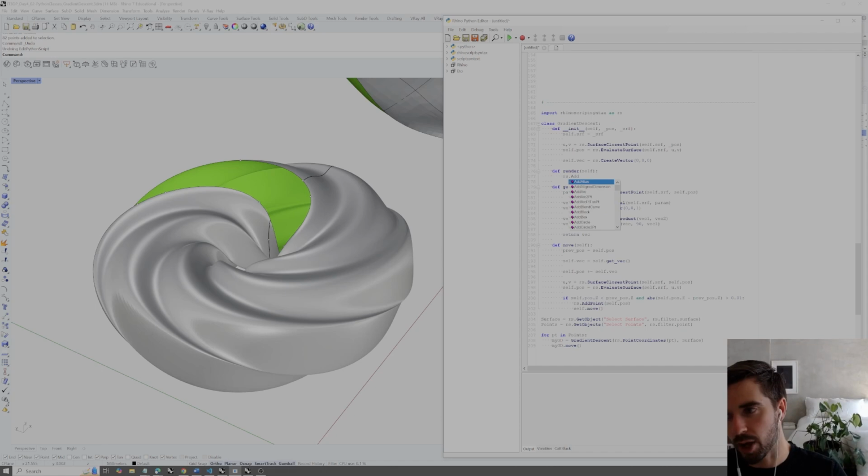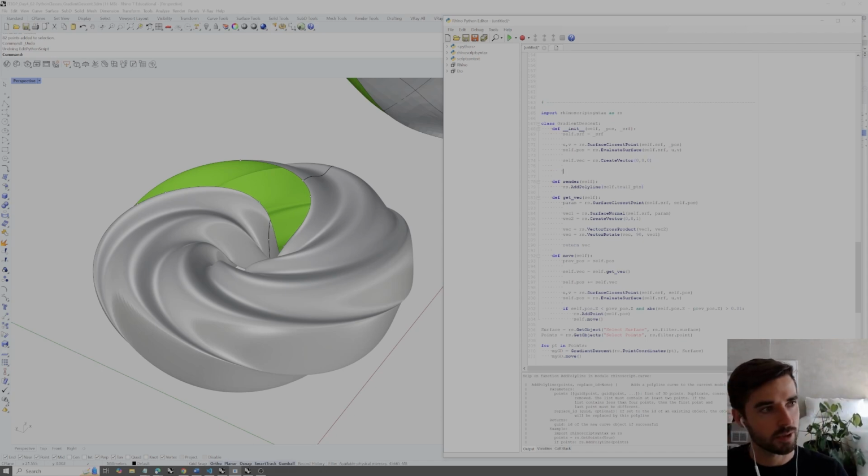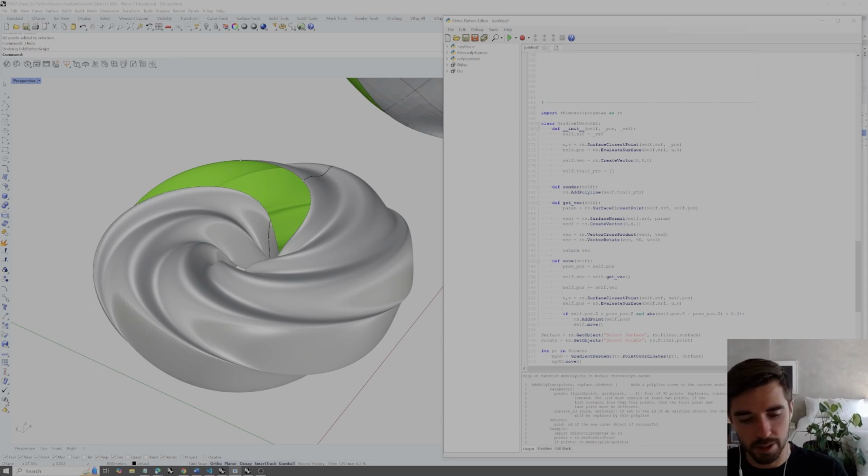By adding a polyline. So we can just say add polyline. What do we need here? Well, we need a list of, so self dot, and then some list property. So we can say trail points that are all of the stored history points from this gradient descent. So from each one of the original points, we want to store all of their updated positions. So we need to go to our constructor, make that an empty list, and we need to start by appending our original value. So append